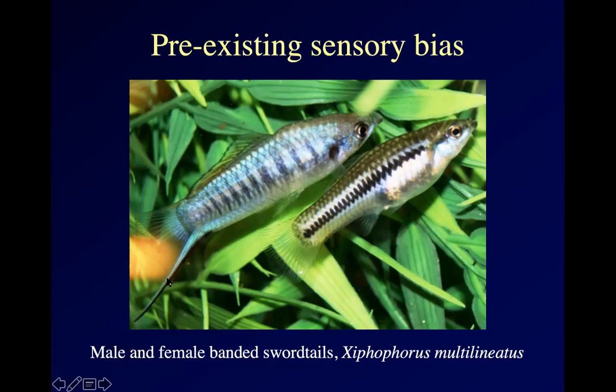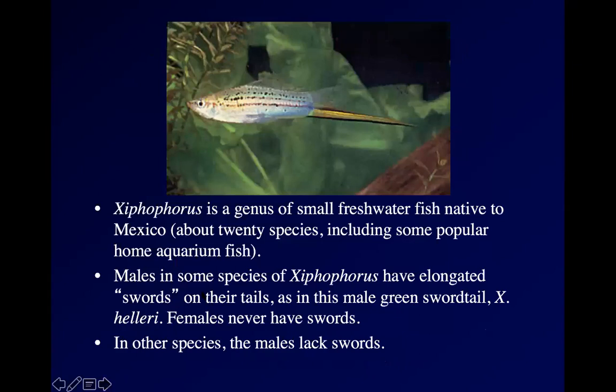The sword, by the way, is not spiky. It's just more fin, and like all of the fin, it is flexible. The male can't use it to sting or anything like that. There you can see it a bit more clearly in this Xiphophorus helleri. That's a male green swordtail. Most of his fin is pretty typical for a fish that size, but right there he's got this golden sword sticking out. And again, it's flexible, it's not sharp, but in his species, in X. helleri, males have these long swords, females never do.